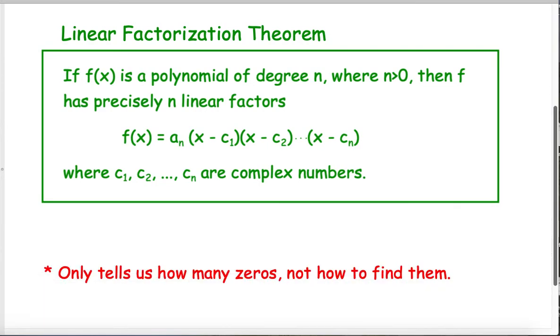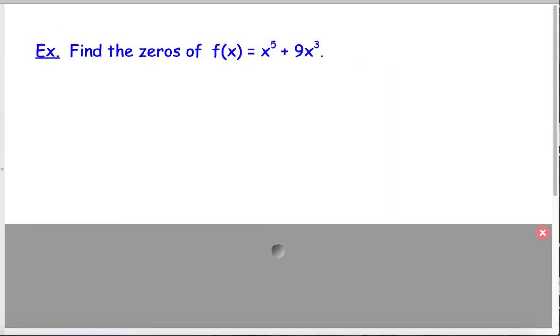All right, now unfortunately, these theorems just tell us how many zeros there are, but not how to find them. So let's look at some examples. Find the zeros of f of x equals x to the 5th plus 9x cubed. Well, the first thing we could do is set it equal to 0 and try to factor. We can factor out an x to the 3rd power, and that would leave us with x squared plus 9. So therefore we know that x is equal to 0, or x squared plus 9 is equal to 0,